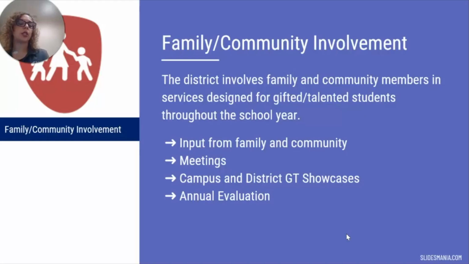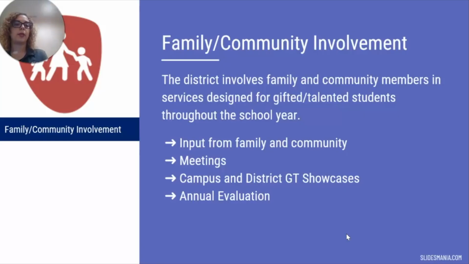One project is chosen per campus. The campuses have their GT showcases. They invite community members to come and to judge the projects following a rubric. And the top student is the one that is representing the campus at the district GT showcase. They showcase their project, and they are being, of course, awarded, celebrated, and distinguished from the rest of their peers for their outcome, their positive outcome, and for outshining other students